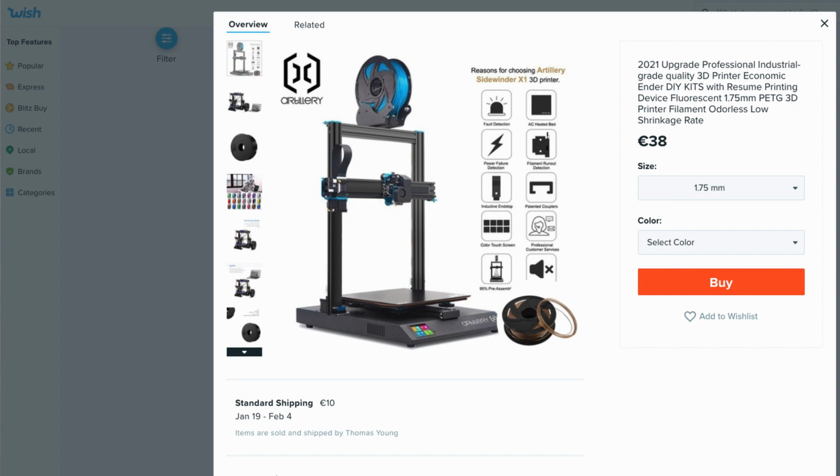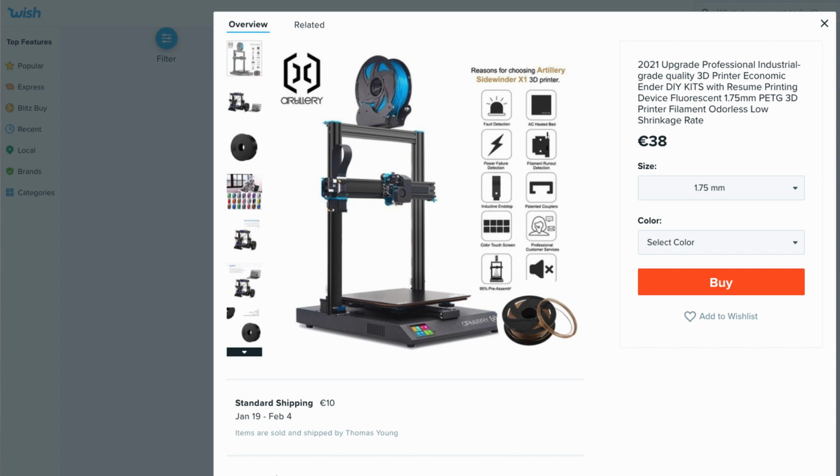But then, if you look at the title: 2021 upgraded professional industrial grade quality 3D printer, economic Ender DIY kit with resume printing device, fluorescent 1.75mm PETG 3D printer filament, odorless, low shrinking rate. Really, that is the title of this advertisement. So here you have a drop-down menu for the size, 1.75, and for the color you can select all kinds of filament colors. So here it is clearly about the filaments, but still, seeing an image of a Sidewinder 3D printer,